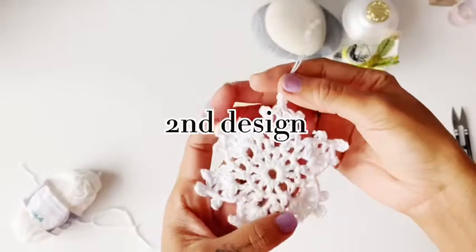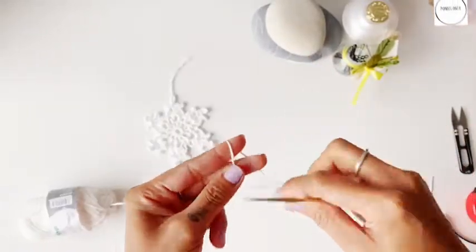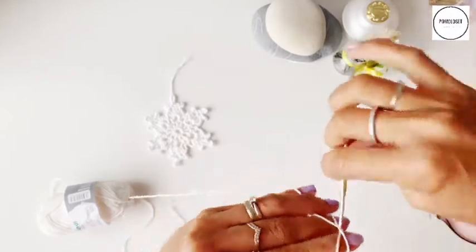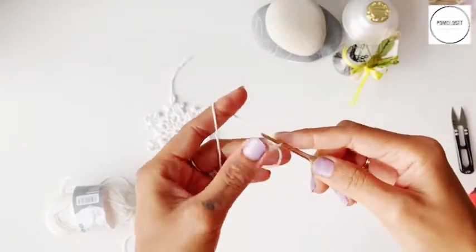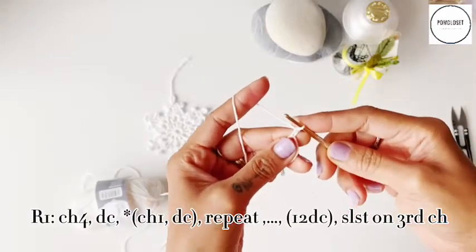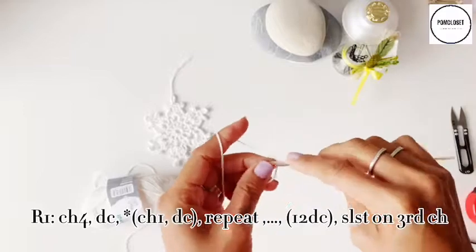Now let's move on to the second design. We will do the magic ring again. You will get the ring like this. After that, chain 4. So I have now 2 chains, 3, 4, and then the double crochets,